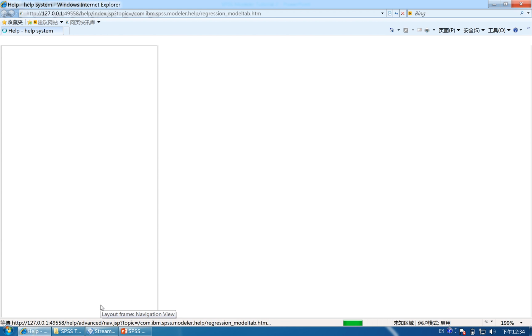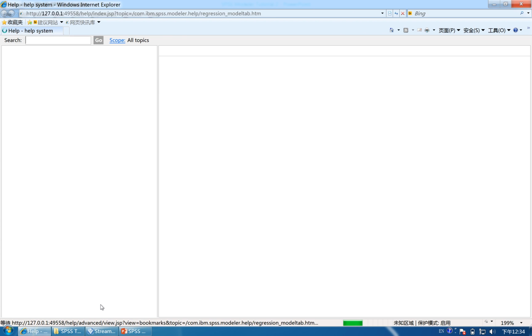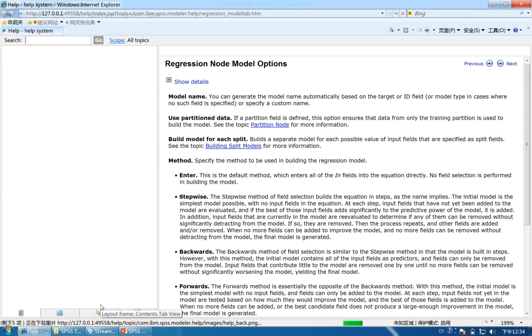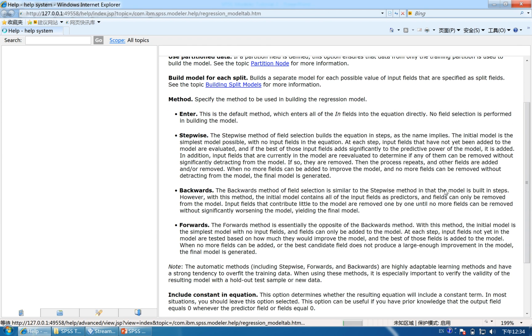The help function will teach you what that is. So if you have any question, you can click that help button to see the details. For example, here, the enter will enter all the fields into the equation, but backward will enter them step by step,